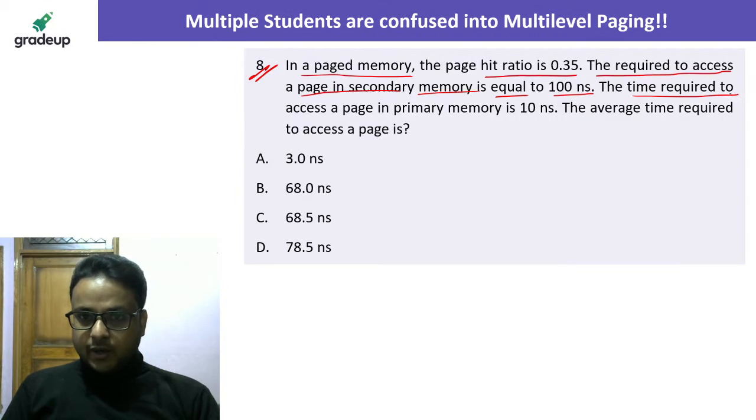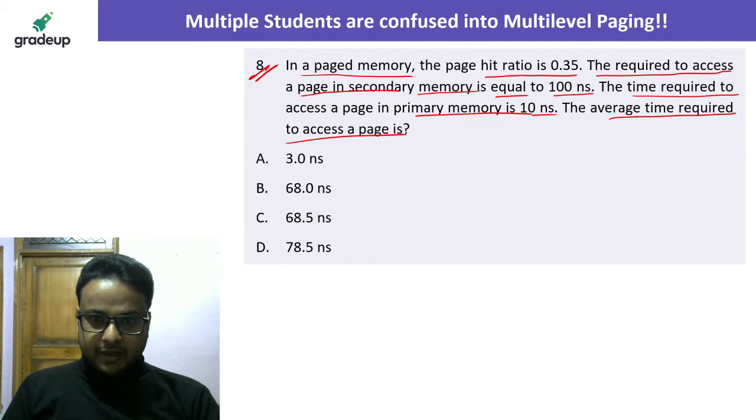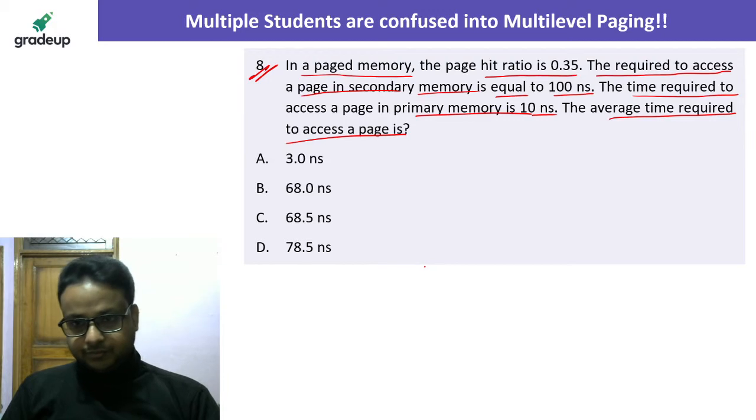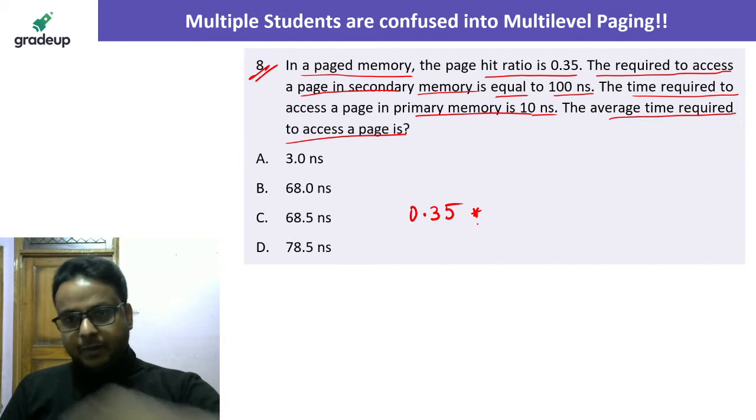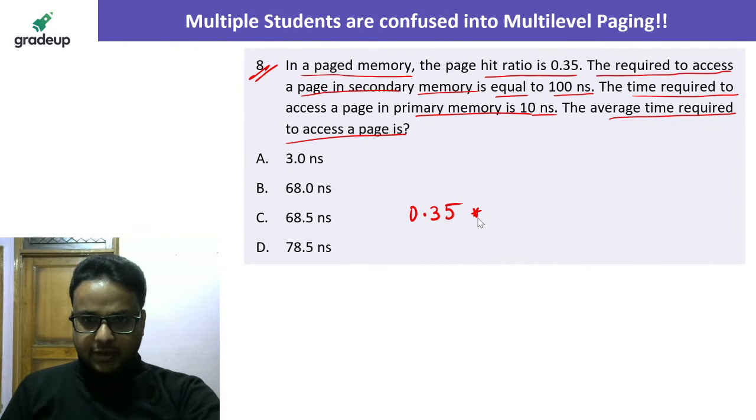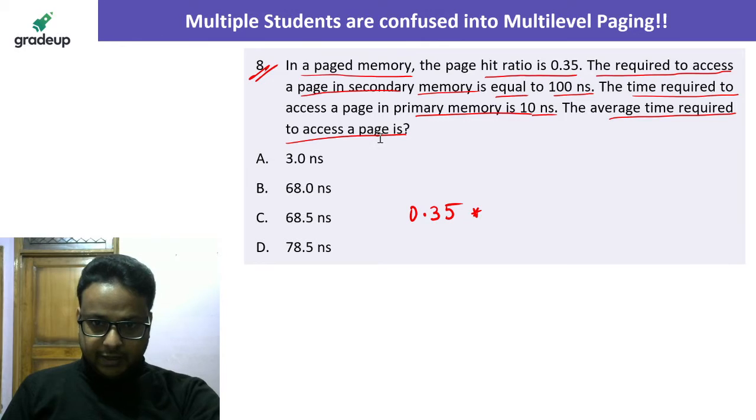The time required to access a page in primary memory is 10 nanoseconds. The average time required to access a page is? So 0.35 multiplied by...